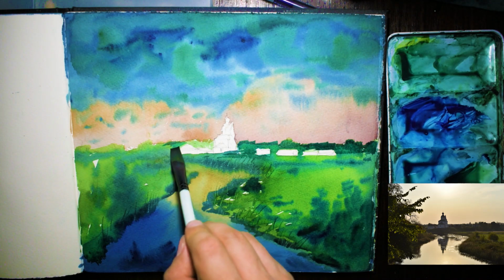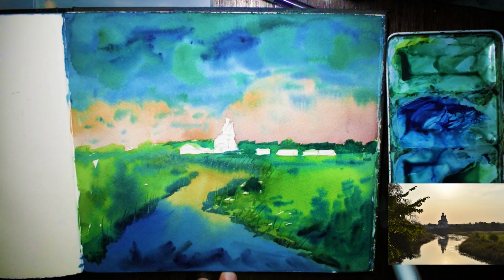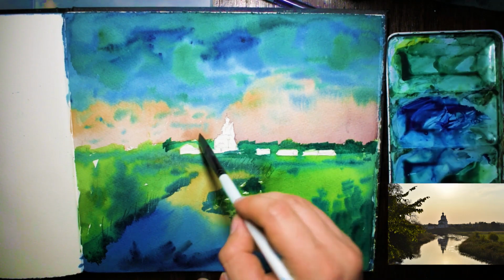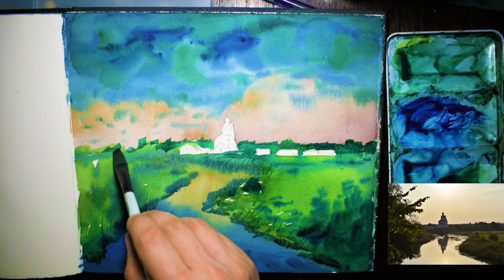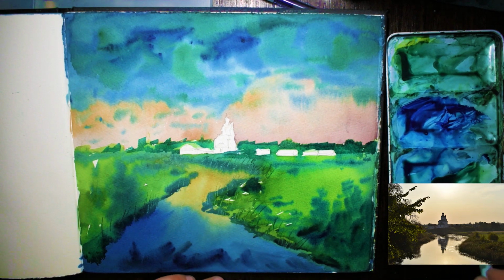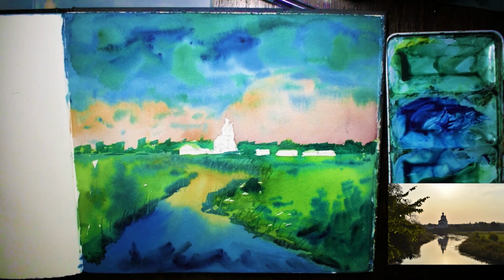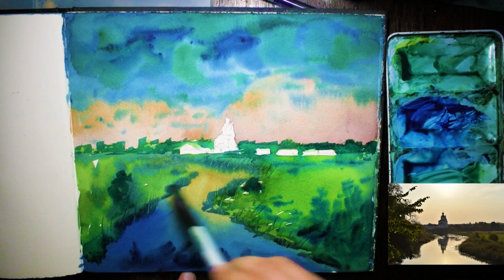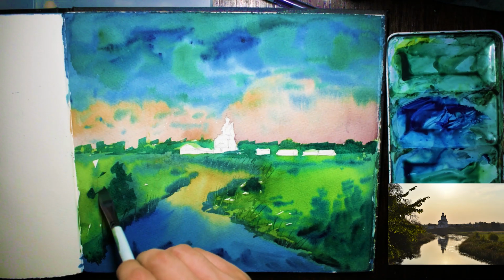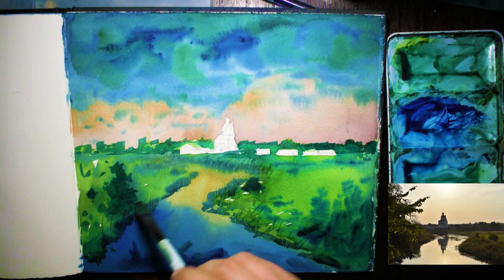Okay. Oops, gone up a little bit too far with that one. And just go in, get the row of trees at the back done, and out the way. And actually going to go back into this area and indicate some dark areas just for the darker tree here, and maybe some darker leaves of this tree there. Okay,